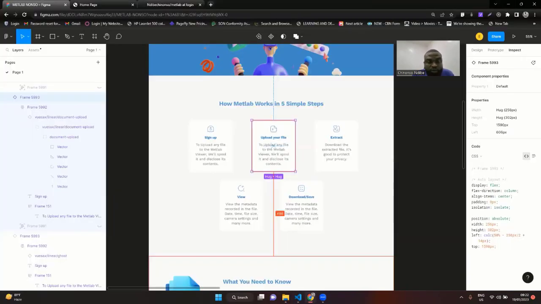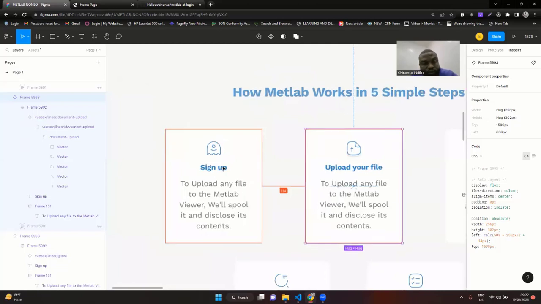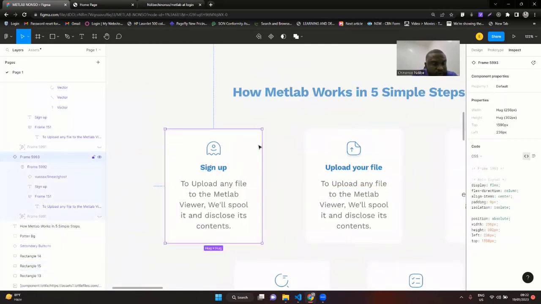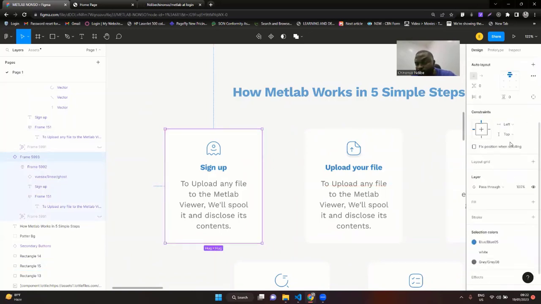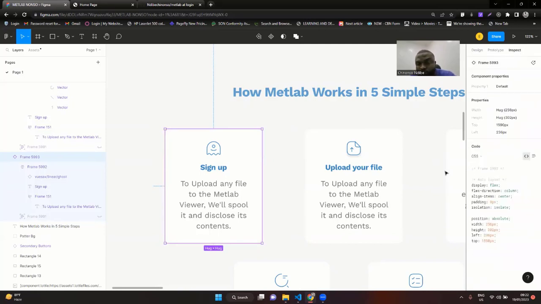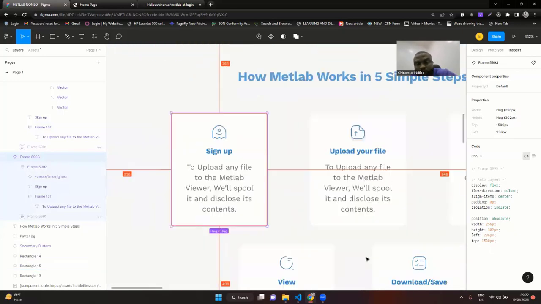Because it feels like there's a border. Yeah, this feels like it has a border radius. Okay, I can just give it the border radius of, let's say,